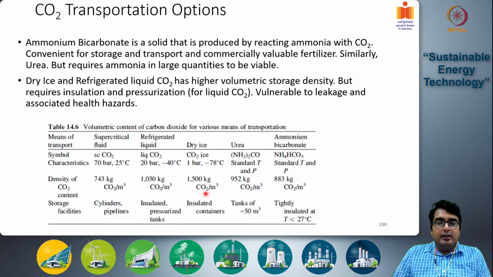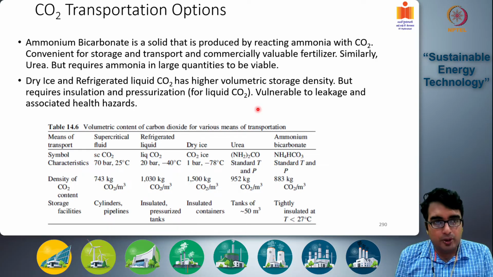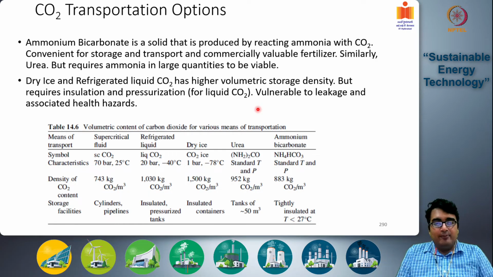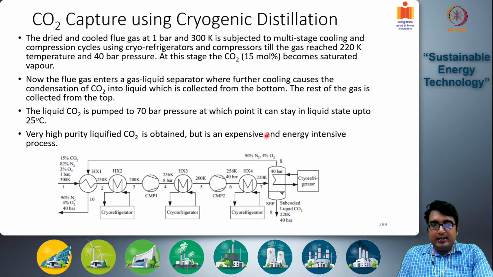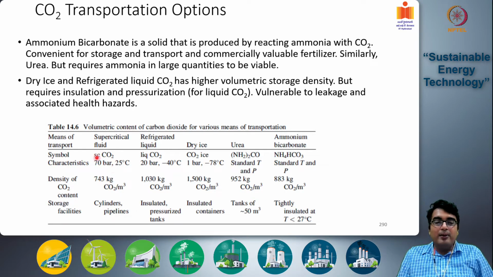Now, so we have seen the various ways of CO2 capture. Now the next part that we will discuss is how to transport this CO2 to the point where it is going to be stored. Okay. So there are several ways to do this. First is, as we discussed, refrigerated liquid, or the second part is supercritical fluid. So this is what we discussed here, that we can pump this to 70 bar pressure and then store it at 25 degree centigrade. So this is your supercritical fluid state,